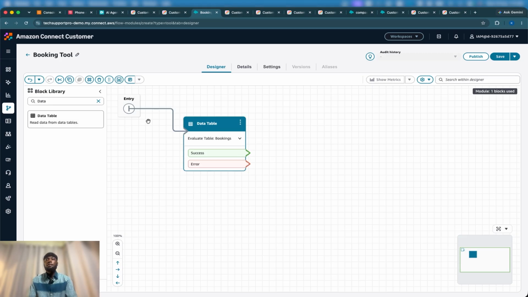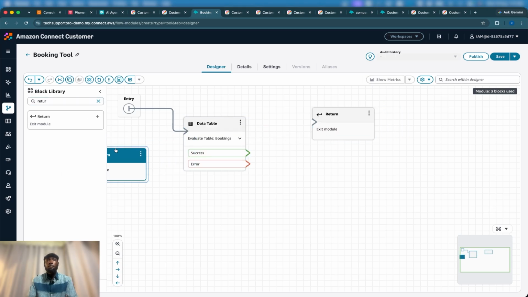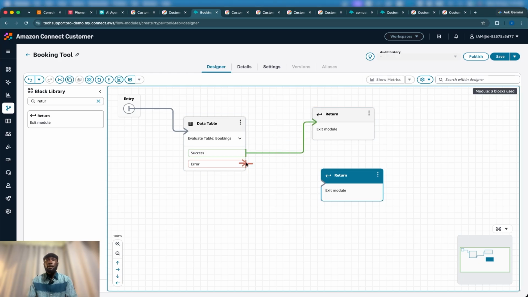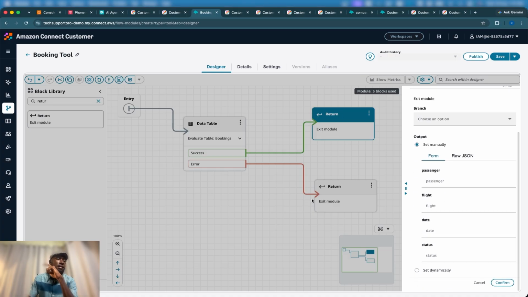Now what I'm doing is that if it's a success, if the data table does anything, I want to return, right? So I have multiple returns. So if it was a success, return. If it was an error, return. Now on the return, I'm going to tell this return which branch to follow. So if it was a success and it was found, I want to do a bit of a mapping of what we are getting from the data tables